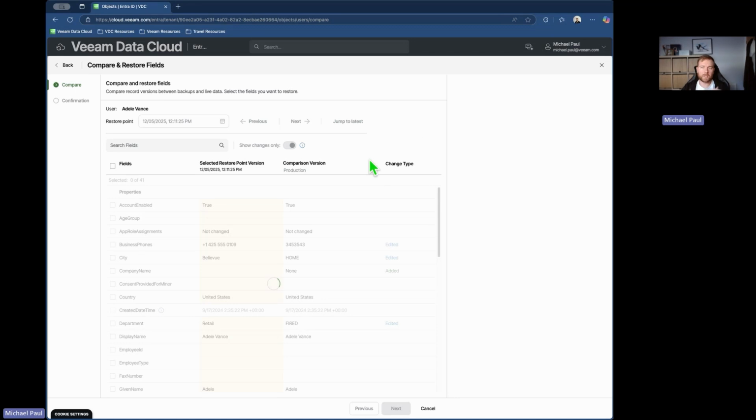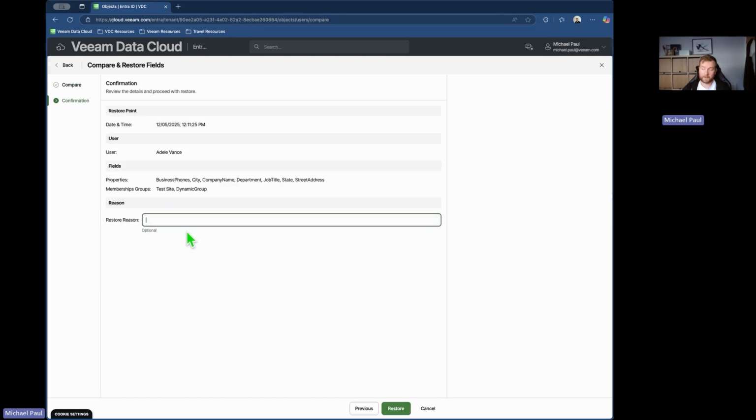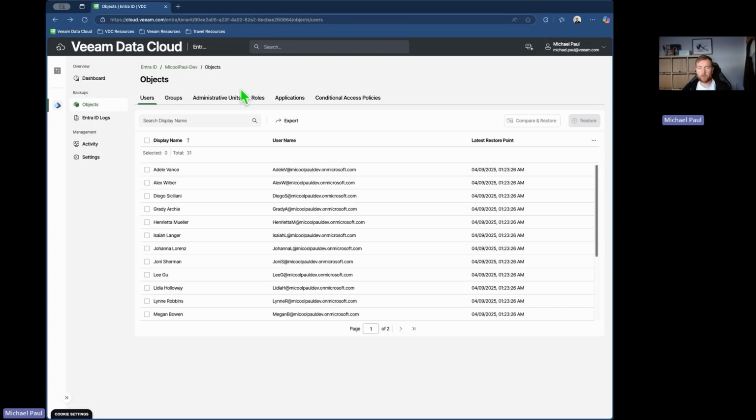So with that in mind, I choose the attributes that I want, and then I get a confirmation, and that's it, away we go. Suddenly, we're restoring. So you can see here, everything that's been edited or added, I could just select all of those, I'll choose next, give a restore reason again, and then kick off that restore, okay? So we'll cancel out of this, and the next thing I just want to highlight is this bulk restore, this